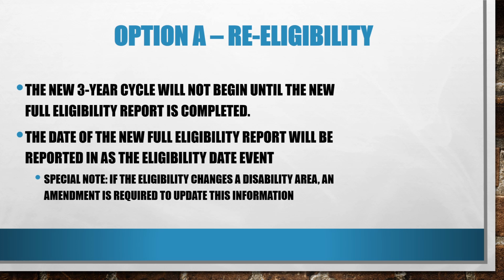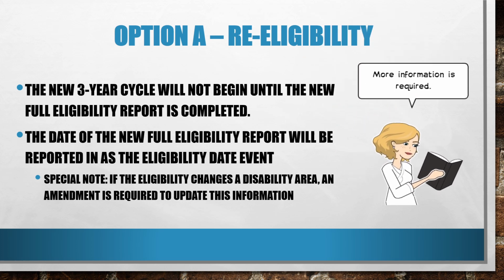An important follow-up on this option. Once the re-eligibility event is completed, the IEP must also be updated. An amendment IEP or a new annual review meeting must be done in order to update the current assessment information and include data from the eligibility report. It is also required immediately if the eligibility areas change. The eligibility areas will not reflect as changed in the system until the new IEP is completed.